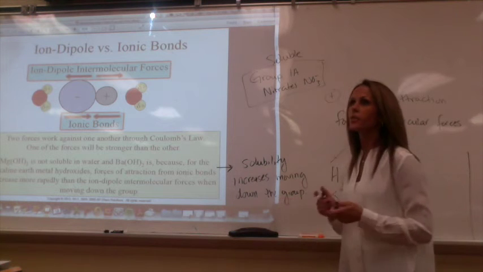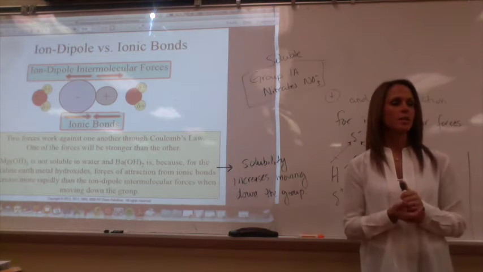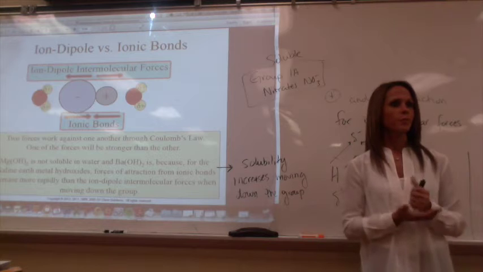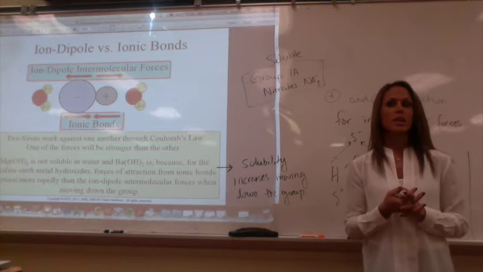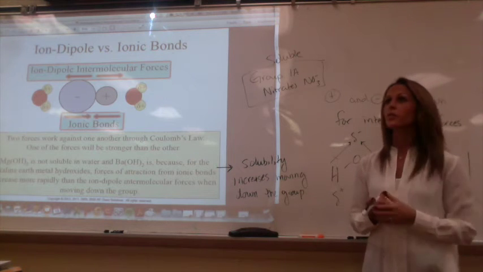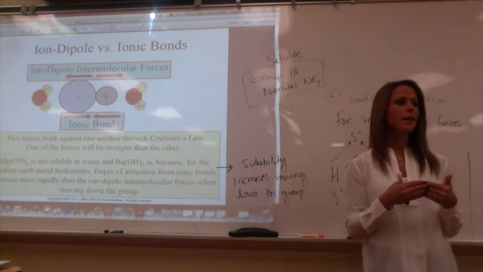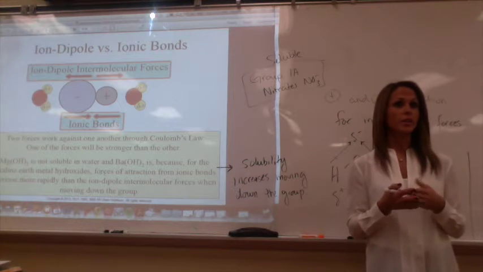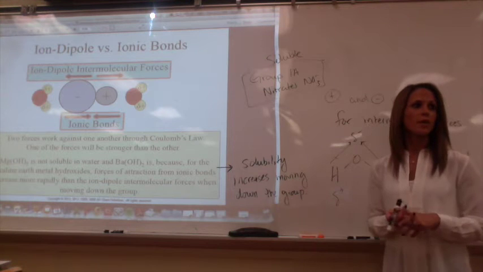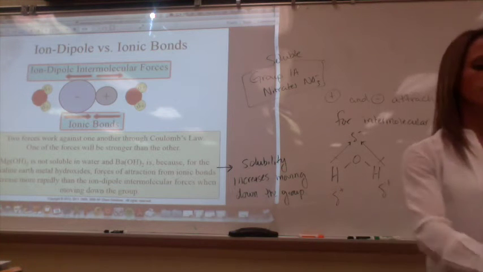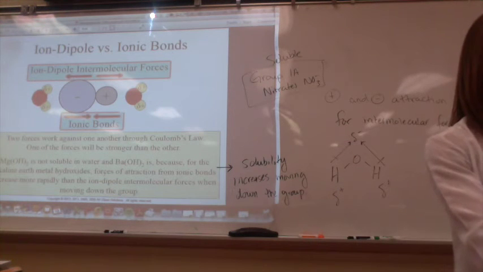And why is that true? Because what's happening as you move down the group? Yep, the radius is getting larger. So the cation is getting larger as you move down the group, so therefore the ion-ion interaction gets weaker. So your solubility would be increasing as you move down that group, based on atomic radii trends or cation trends.